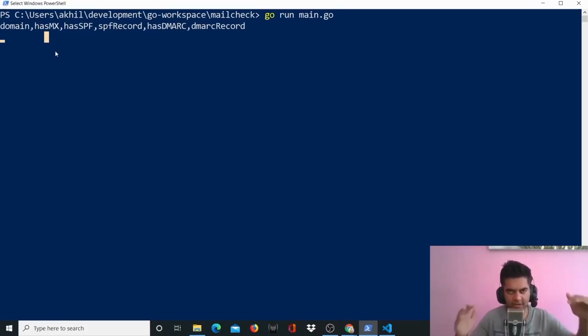So that's like the first stage, the first check of any email lookup or email verification: checking if that domain name even has an MX record, an SPF record, or a DMARC record, right? So that you can know at least that there are MX servers set up there, a mail server set up there. All right. So here, let's say you write